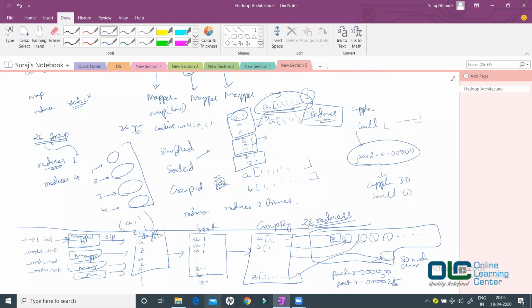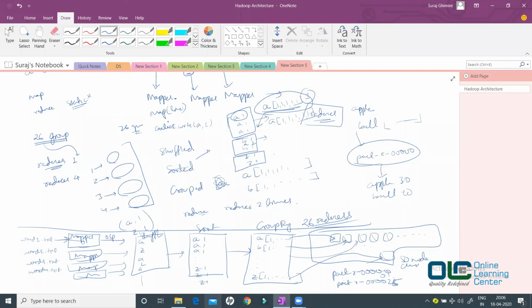And trust me, this is a very, very important example. Although word count looks very simple, I have learned the entire map reduce by just keeping this concept in mind. If you master this concept, you'll be able to solve any sort of problem. You'll just have to understand how to decompose the problem into mapper and reducer. How do I solve this problem?